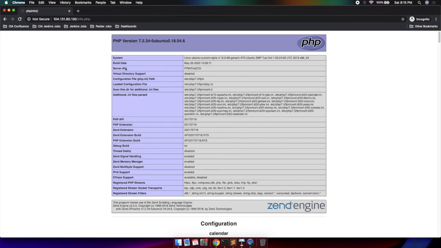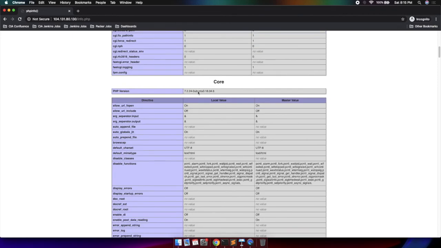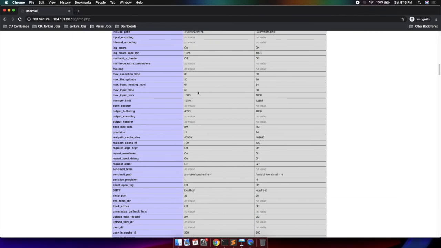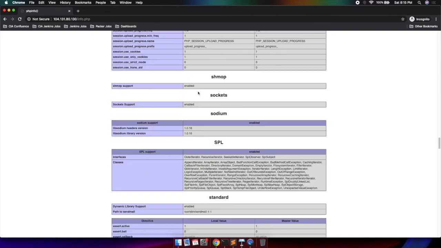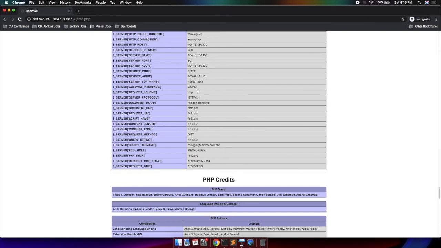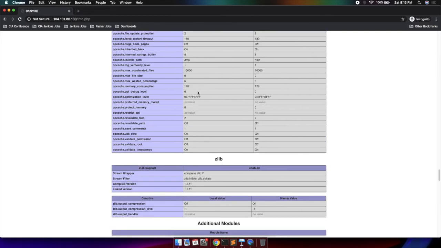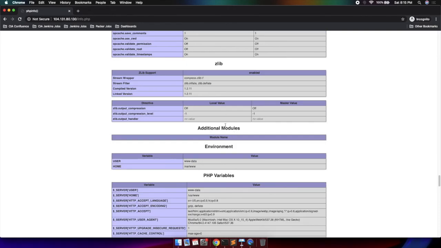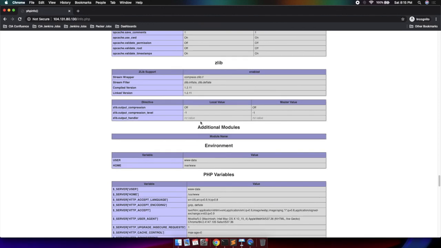This page is being written by the PHP info file, right? The function we called inside this particular PHP file is phpinfo. This is the data being written by that function, and over here you are getting the complete detail: the system, build date, server API, virtual directories, and the complete detail which you need. This is a long file. phpinfo is returning all the information regarding PHP as well as this operating system. You can see the zlib version and other versions are also mentioned over here.